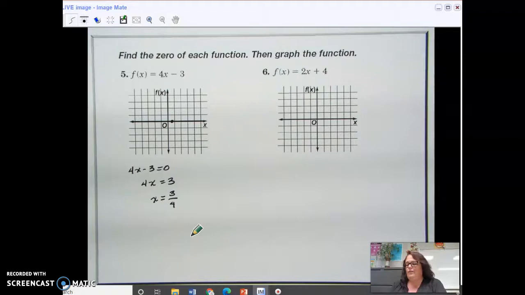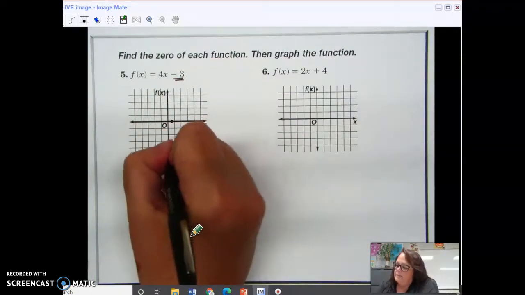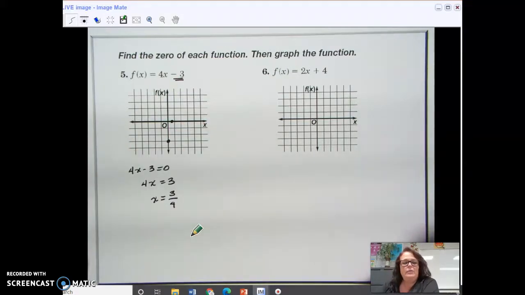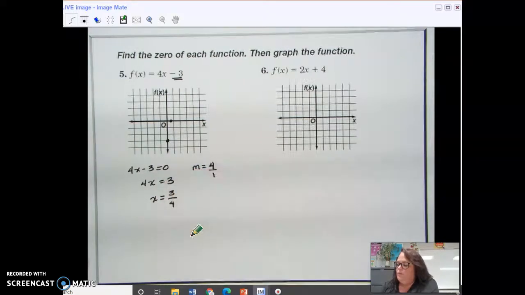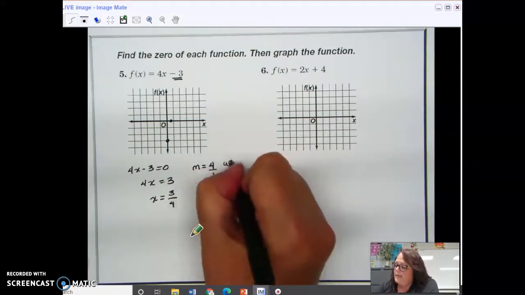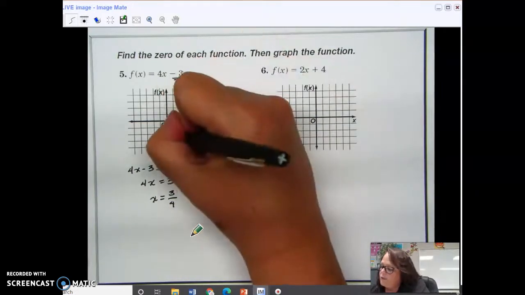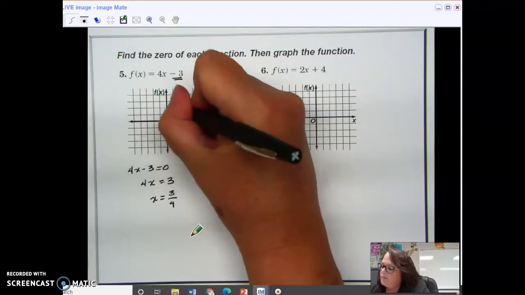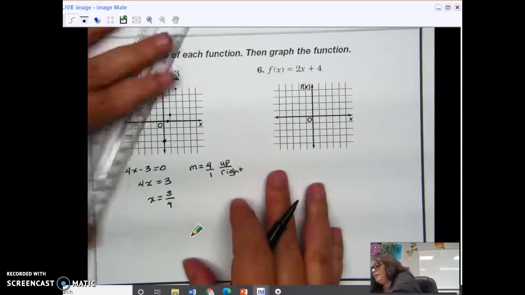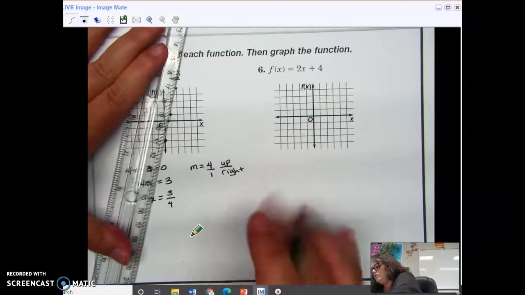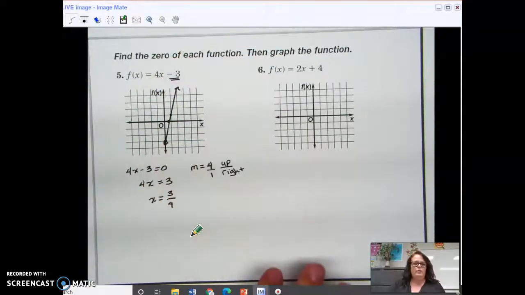So I'm going to hold off on that for a second and take a look up here. And do you see that negative 3 would be my y-intercept? So I know I have a point at 0, negative 3. And then I know I have a slope of 4. So I'm going to call that 4 over 1, which means that I can rise up 1 and run to the right 1. So from here, I'm going to go up 1, 2, 3, 4, and to the right 1, up 1, 2, 3, 4, and to the right 1. And when I put in my ruler, what should happen is that should go through that x-intercept, even though we didn't quite know where 3/4 would be